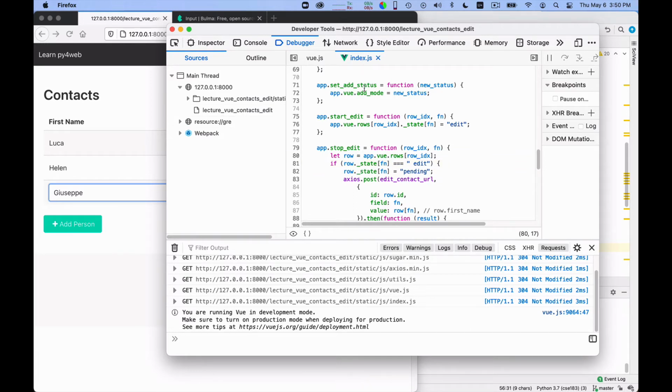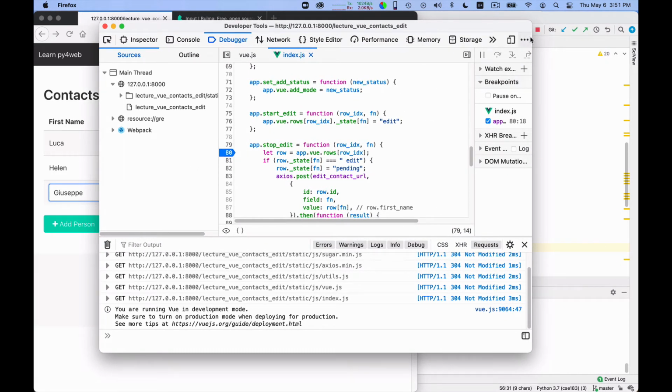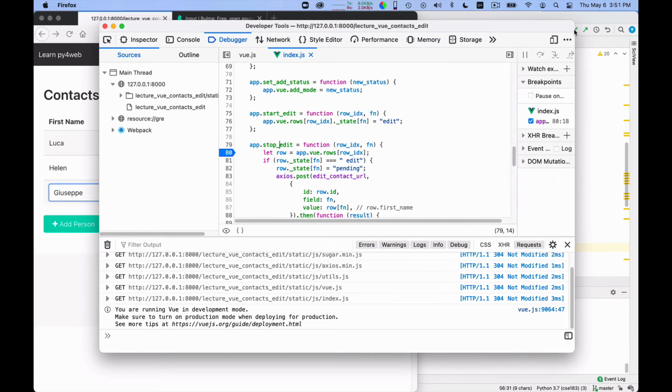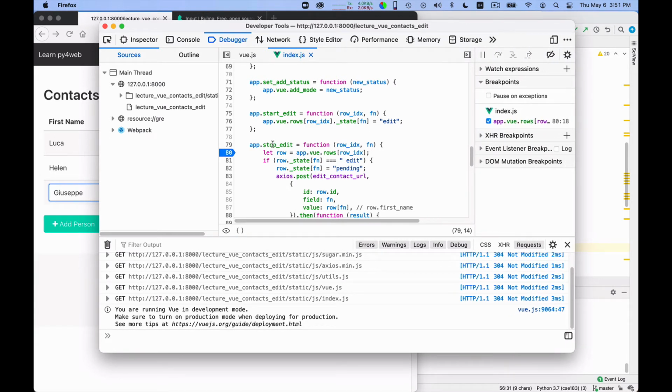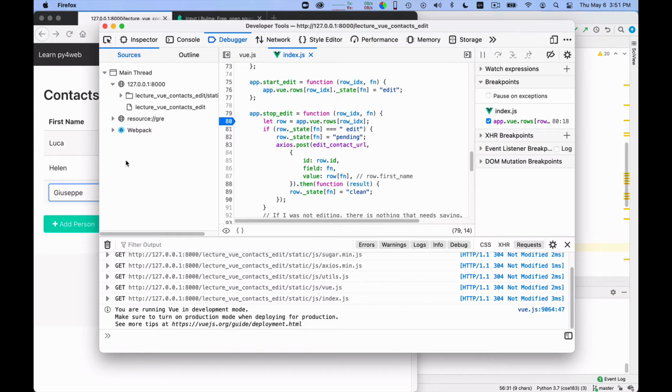And in index.js, you see this stop edit controller, you can include a breakpoint. So let's put a breakpoint there, and this will stop the execution of the JavaScript if that place is ever reached. Because your first question is, do I even get there? And the second question is, if I do get there, why do I not run this code that does the server call? Right? So let's look at it.